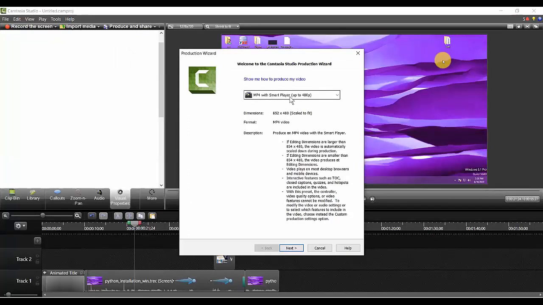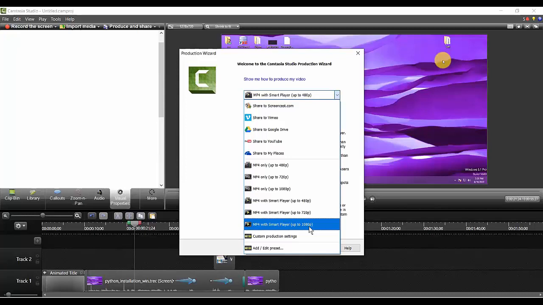Now you see. Now your MP4 player, or it will be played in MP4 smart player, and up to 480p. Okay. Now you are having 720p and 1080p. So the best size for an optimal kind of video is 1080p, and it's supposed to be a smart player.